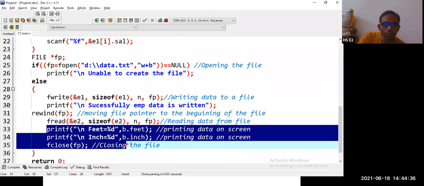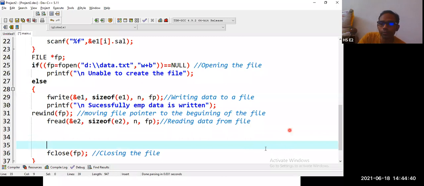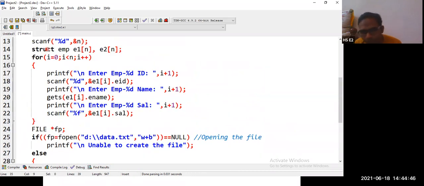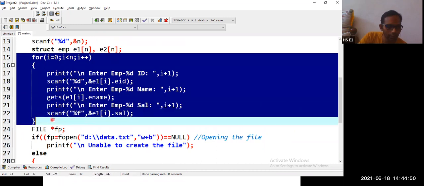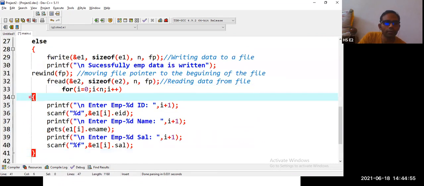Then we need to print each and every individual value. So how to print each and every value? So here you can write again the for loop. So let us take this for loop back and print this information over here. printf.